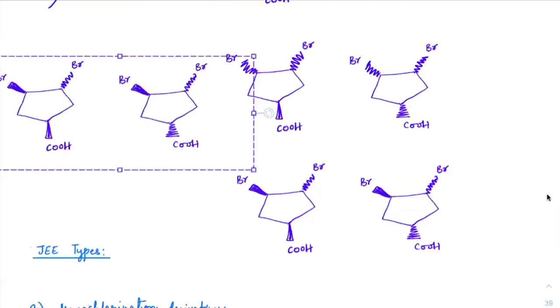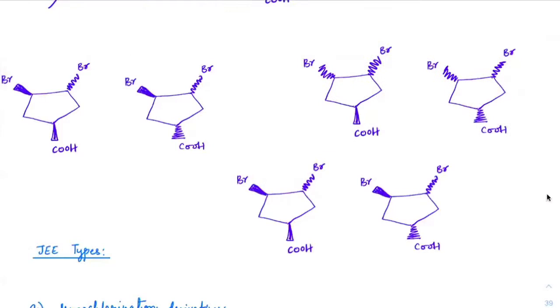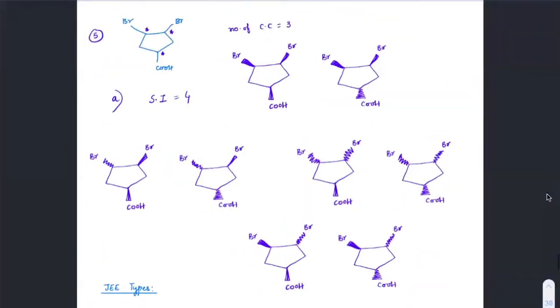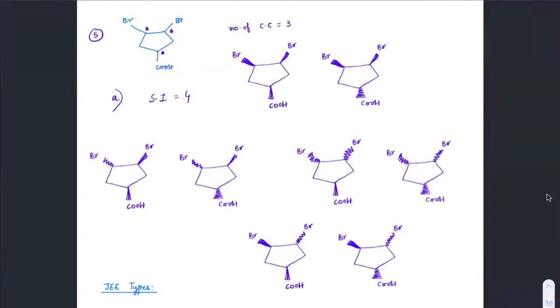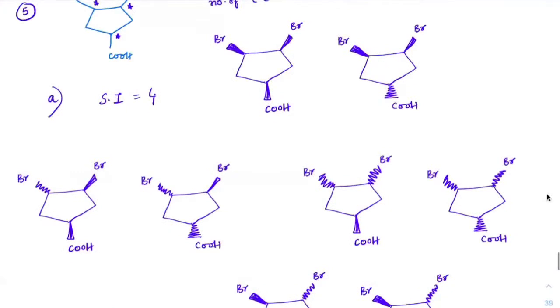I am writing possible ones. We'll eliminate all of them. Don't worry. Here and here. Because it is 3 chiral centers, we should expect 8 of them, correct? These are the 8 possible ones we can expect. I think all of you got the idea of how many to expect. Now let us give all of them some names: A, B, C, D, E, F, G and H.